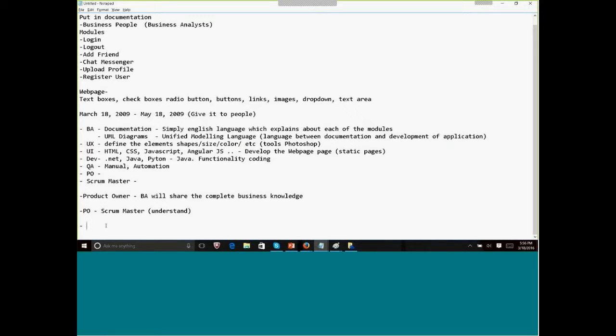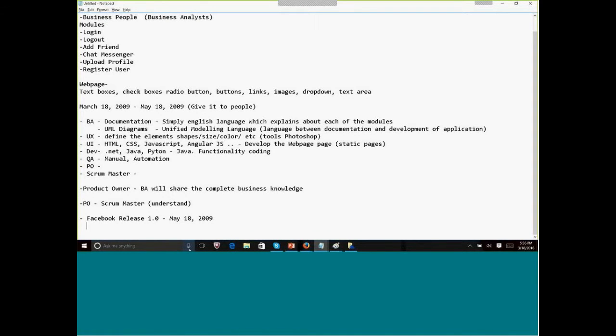And the meeting agenda is Facebook 1.0, and the deadline is May 18, 2009. So you call this a release.